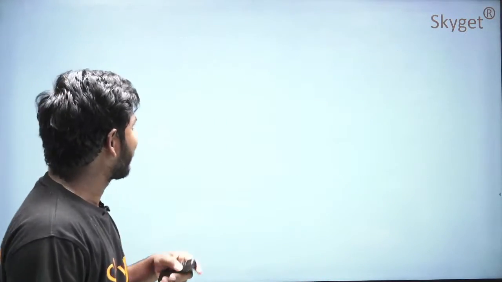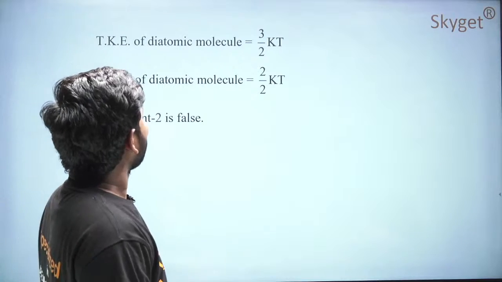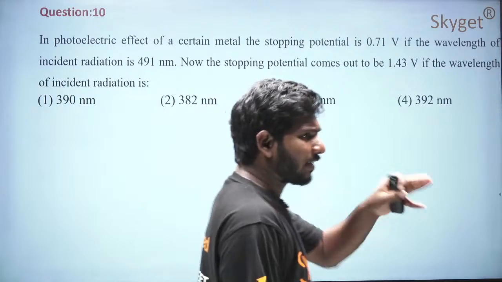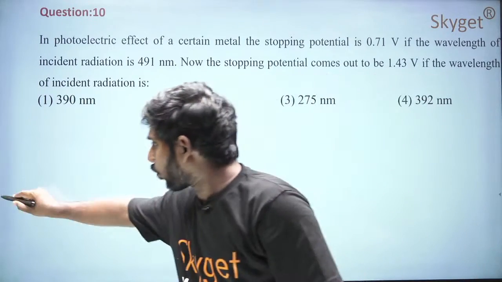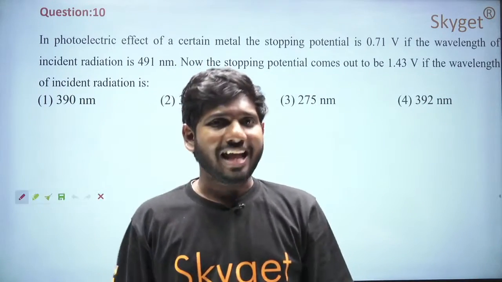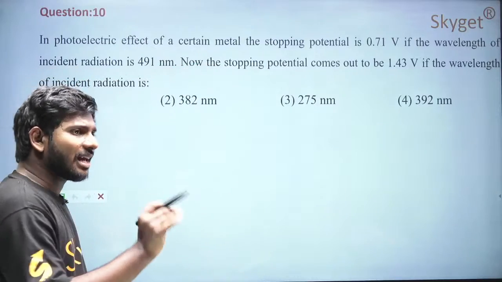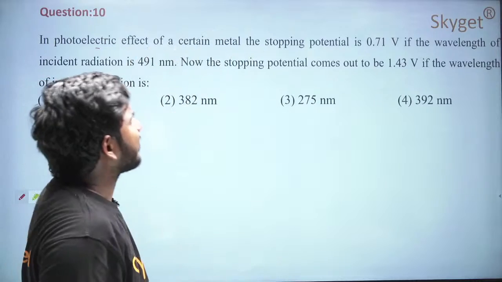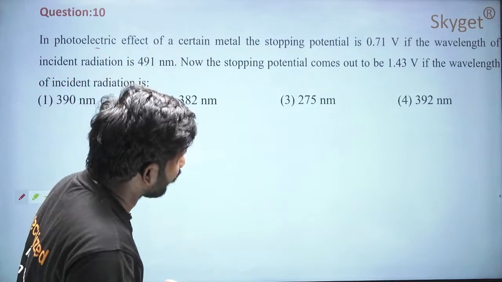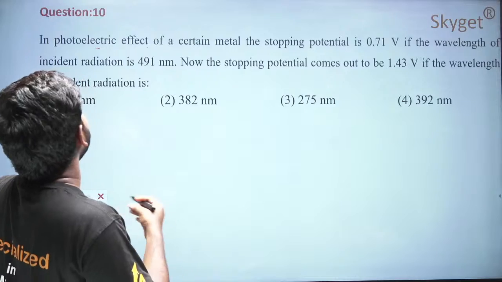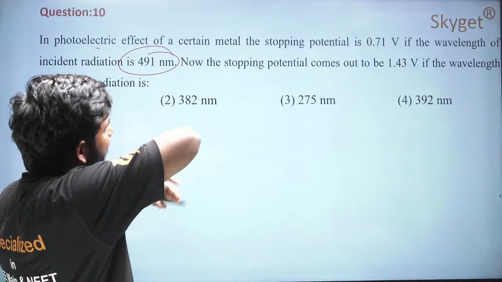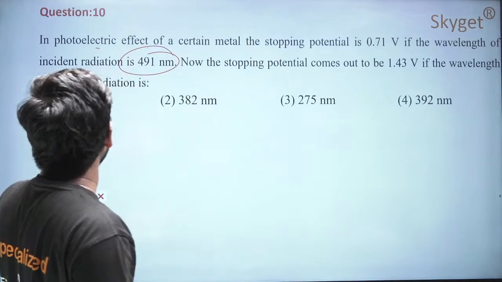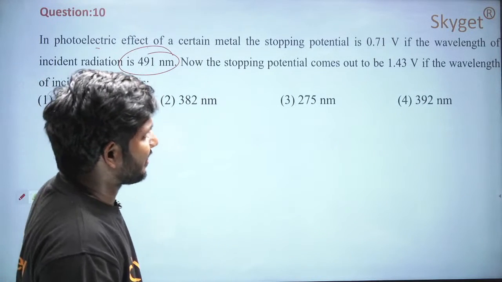So students, coming to the next question, this is the last question. This you can do by using the photoelectric concept. What does the photoelectric concept say? In the photoelectric effect of a certain metal, the stopping potential is 0.71 volts if the wavelength of incident radiation is 491 nanometers. Now the stopping potential comes out to be 1.43 volts if the wavelength of incident radiation is